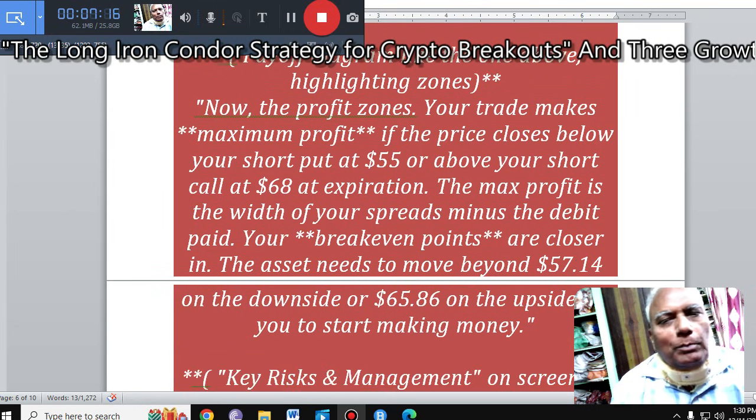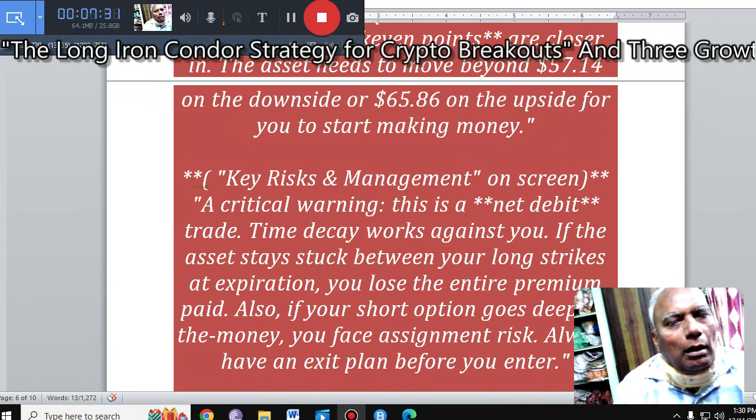The maximum profit is the width of your spread minus the debit paid. Your break-even points are closer in. The asset needs to move beyond $57.14 on the downside or